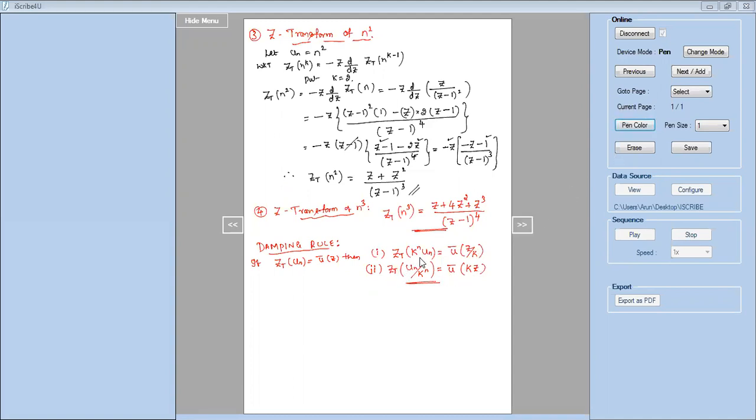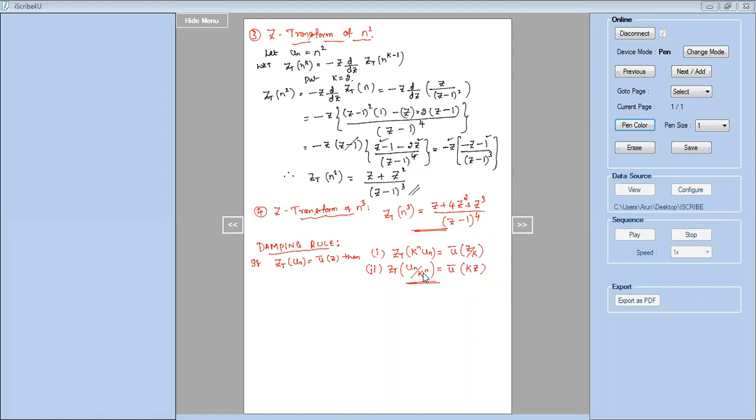So that means if I have a function un given to us, and it is multiplied by something like k power n, the Z transformation of that can be written as z by k. Say u bar of z means the Z transformation of un. Leaving this k power n aside, I can take un separately and find the Z transformation. The answer can be taken as u bar of z. In that answer, if I put z equal to z by k, I'll get the answer for k power n into un. So if there is a product, in the answer of Z transform of un, I can replace z by z divided by k.